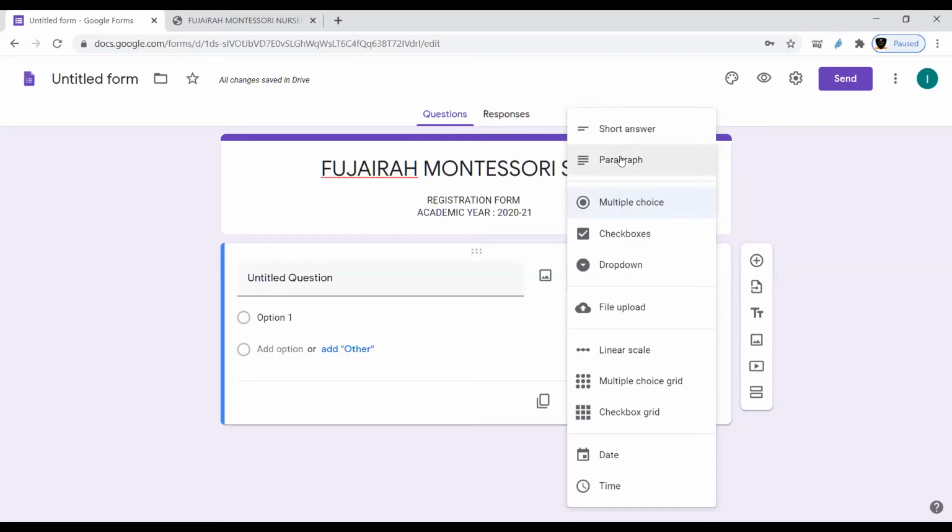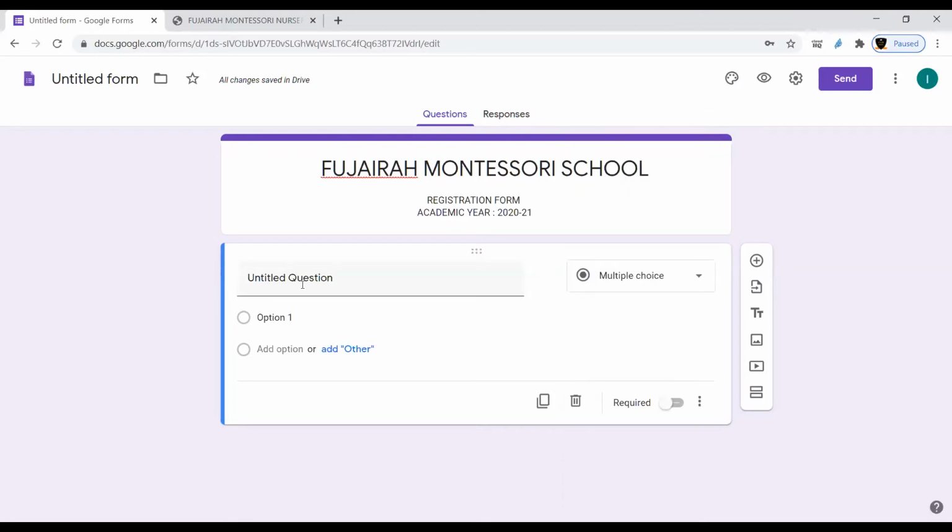So in the beginning, I told you that this Google Form is not just for the application. You can use it like an assessment. You can use it to create some multiple choice questions. So if you want to give some multiple choice question, you have to click on this multiple choice. Once you go for this multiple choice, it will ask you for the option and the question. So you have to write the question or copy paste the question here and then just give the options, option one, option two, whatever options you want to give, you can give from here.